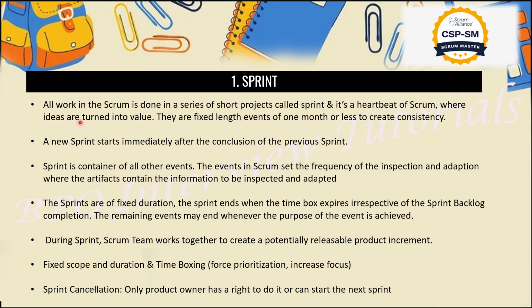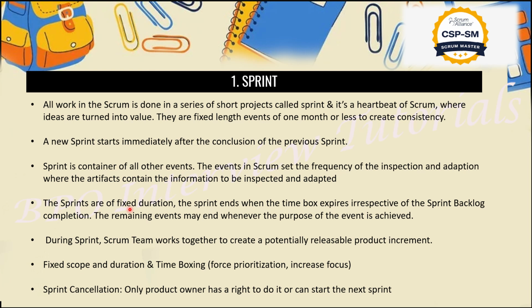And sometimes, you know what I have seen, let's consider there are three sprints, we understood that this product requires three sprints. We will decide our deadline here. For example, in a meeting we decided that for one sprint we require two weeks, then another three weeks, then another one week. In this way we set a plan and give it to the product owner. We give them a tentative plan so that the product owner will be aligned and the right product will be delivered at the right time. Now the sprint is a container of all the events.